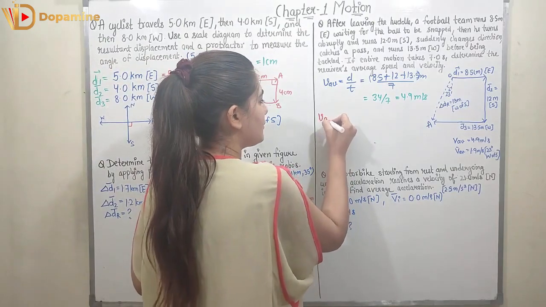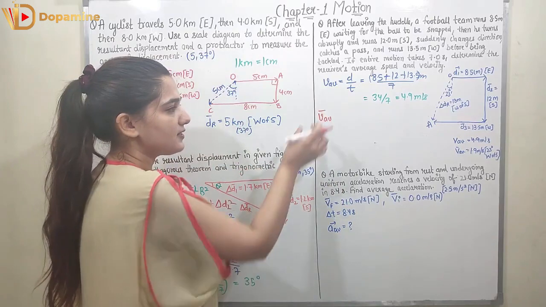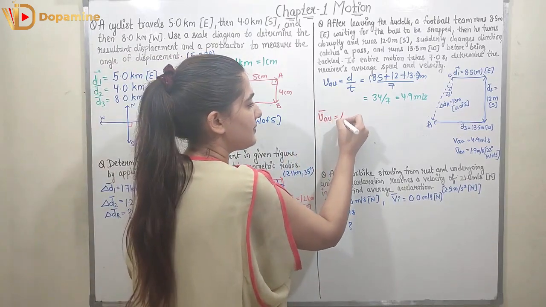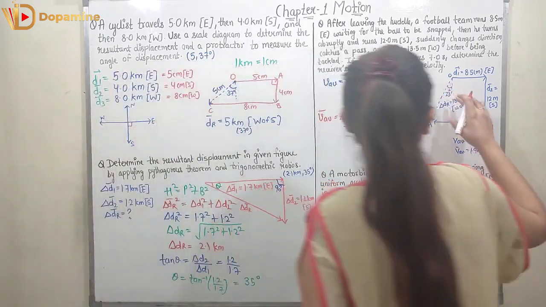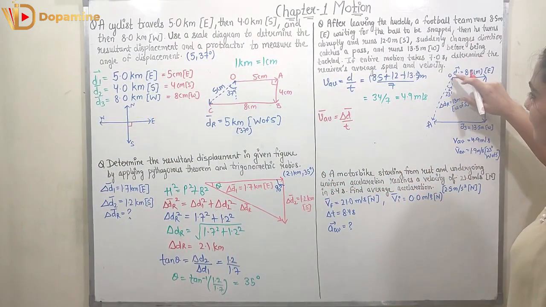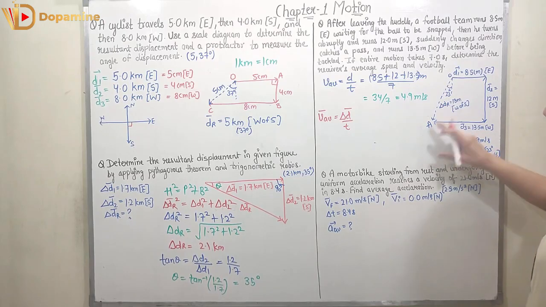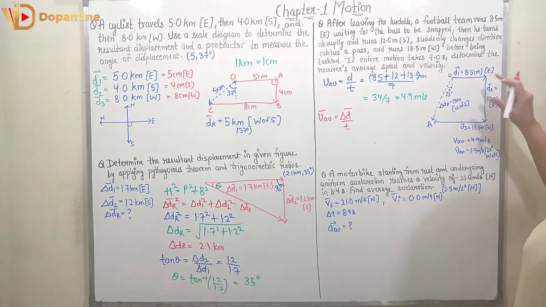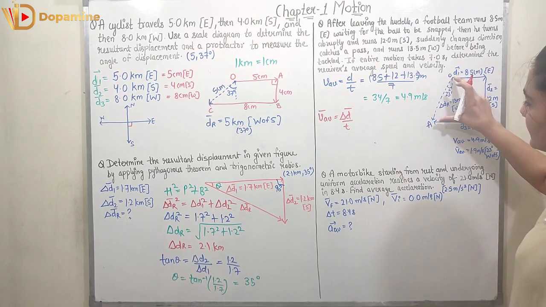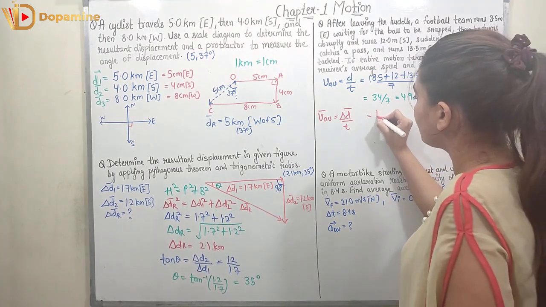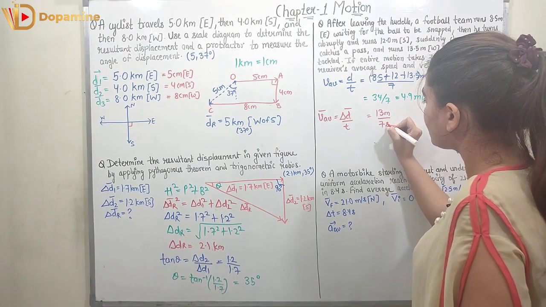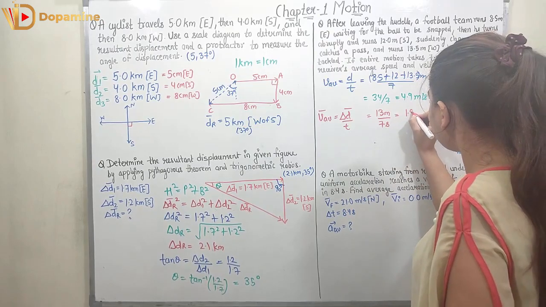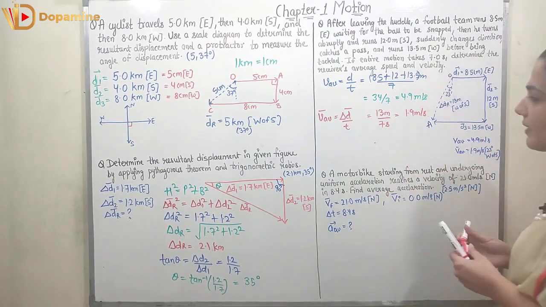Now coming to the average velocity. Average velocity is represented with a vector sign over it. It is equal to the displacement over the total time. So what is the displacement? Displacement can be taken from 0 to the final point A. So now you can make a scale diagram, and again you can find the displacement OA. If you find OA, it comes out to be equal to 13 meter, and when you divide it by the total time, which was 7 seconds, we will have 1.9 meter per second. This is my average velocity.